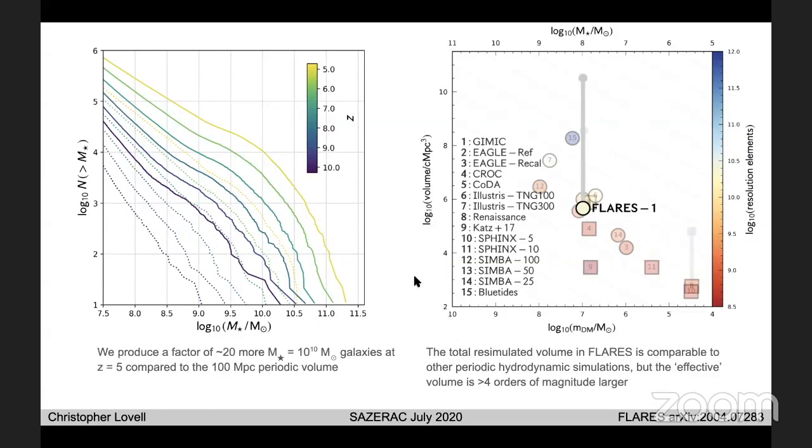But if you look at the figure of merit on the right, this shows the dark matter resolution on the x-axis against the simulated volume for a number of different simulations, hydrodynamic or not. And there's a general trend between the size of the volume you can simulate and the coarseness of the resolution you have to deal with. So FLARES is done at the same resolution as the periodic Eagle volumes, similar to Illustris and to BlueTides. However, by combining these regions together to mimic the effective volume of the 3.2 gigaparsec box, we're able to significantly extend along the y-axis. Next slide, please.